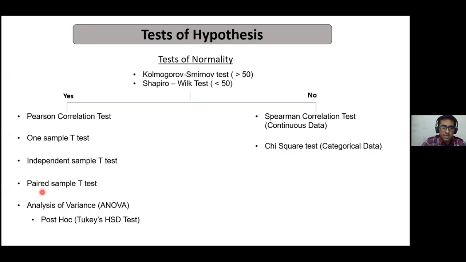A beautiful example for the paired sample t-test is, for example, there is a group of 10 people, and you see what the weight was before the medicine was given to them, and then you test them again and measure the weight after the medicine was given, and then you see whether there was any change in their mean weight after versus before the medicine. So these are simple tests that we use. Then we move to analysis of covariance.